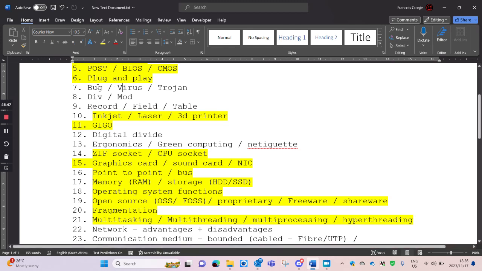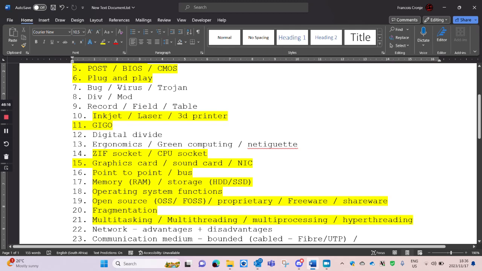With a bug, it's not created to do damage. It's just that when the person created the program, they might have forgotten about something or a certain sequence of events, or it could be some hardware configuration between devices. Something like that could create a bug. A bug is sort of like a mistake on the programmer's side that just makes the program not work correctly. But it's just an error.